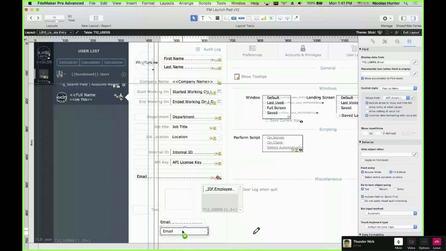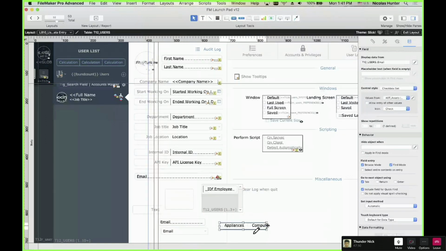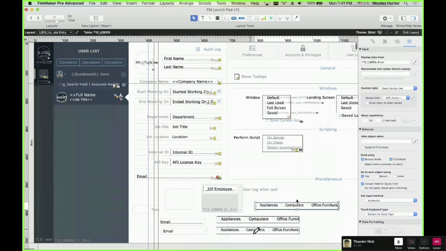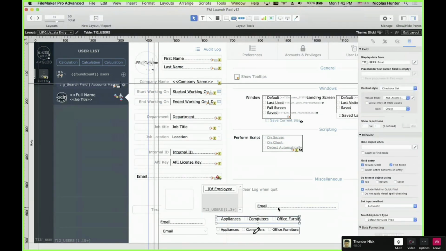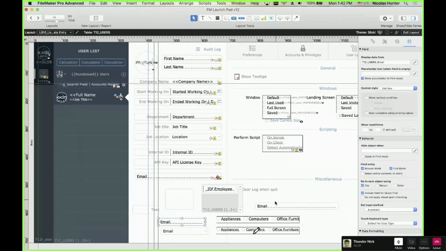If I duplicate this and say no, it's not a pop-up, it's a checkbox, now you have different characteristics. And if I say it's not a checkbox, it's a radio button, and so on. You know where I'm going to land here. And then this is a date. It's a drop-down calendar. It doesn't look different from a field.